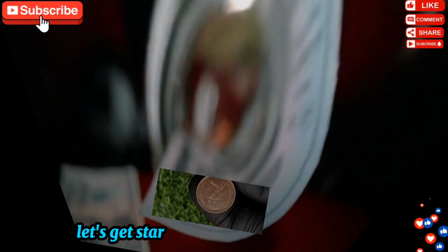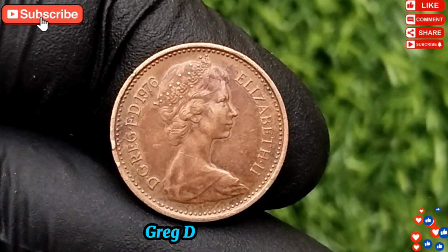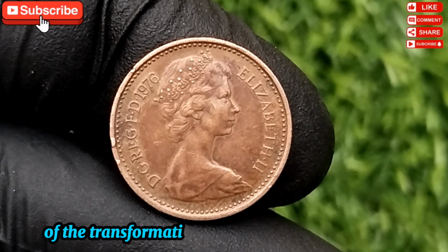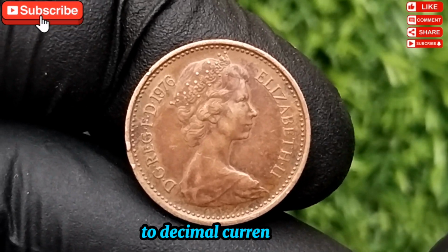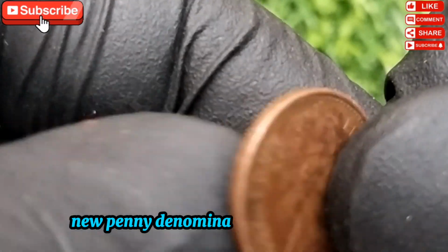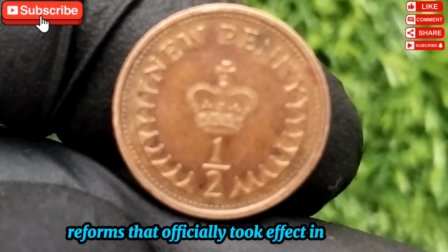Let's get started. The 1976 Elizabeth II D G Reg F D New Penny is a fascinating example of the transformative period in British coinage that marked the United Kingdom's full transition to decimal currency. This particular coin belongs to the one new penny denomination, a product of decimalization reforms that officially took effect in